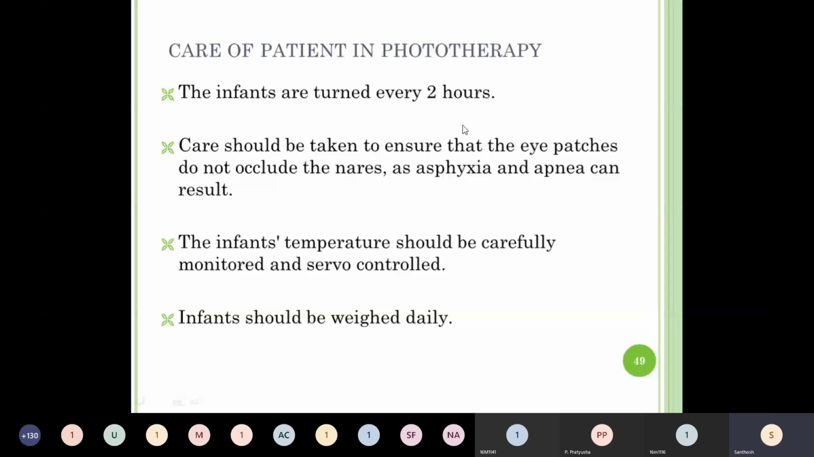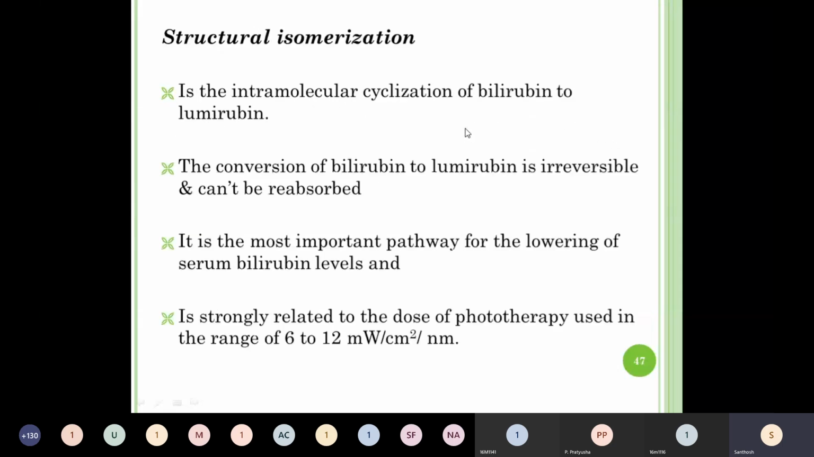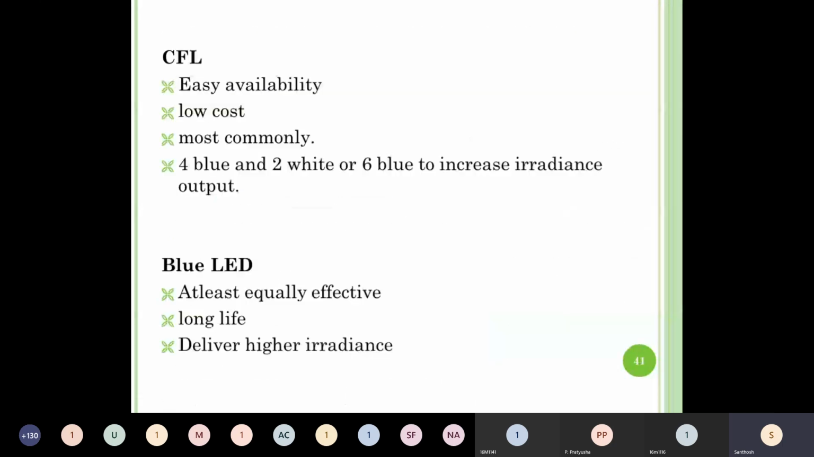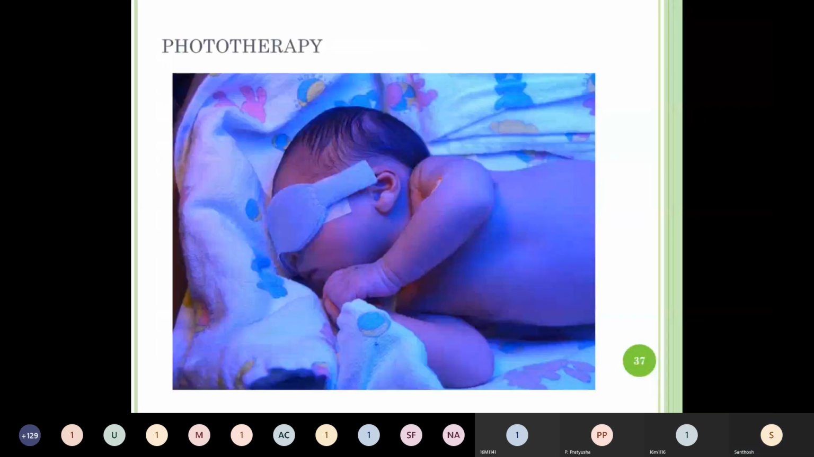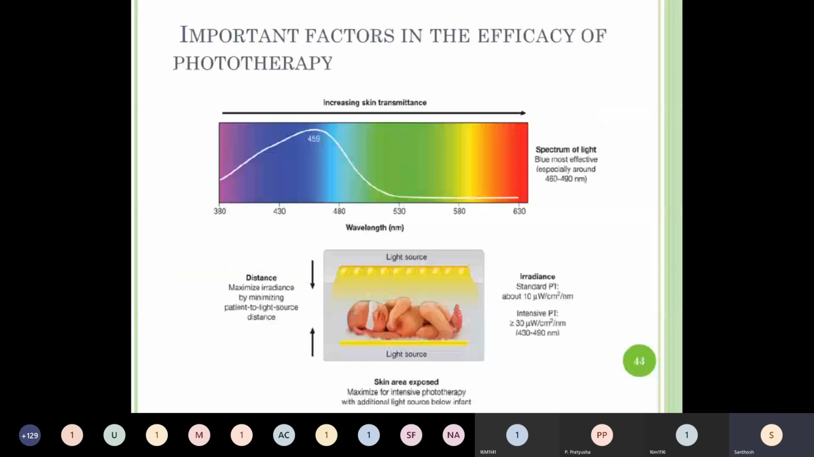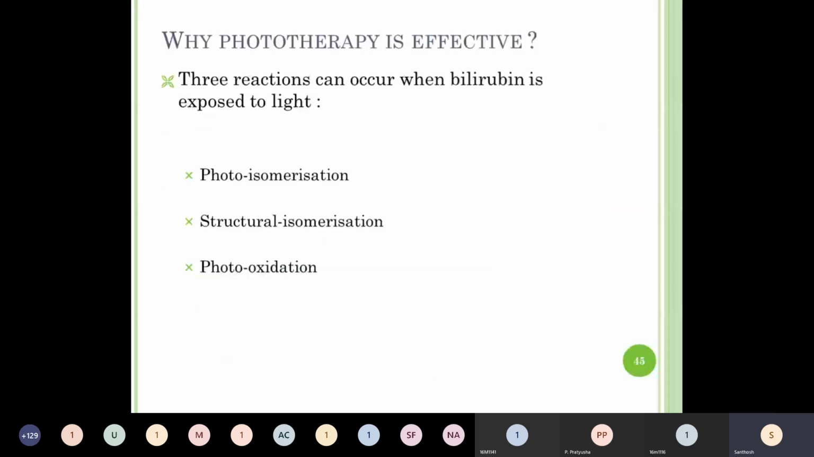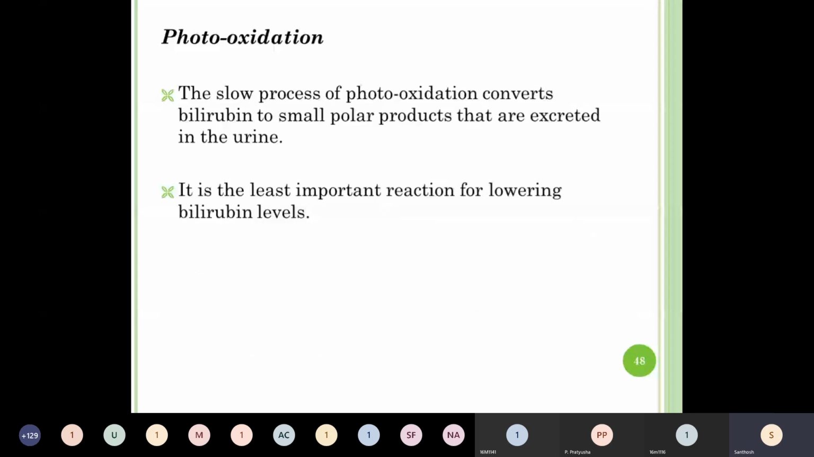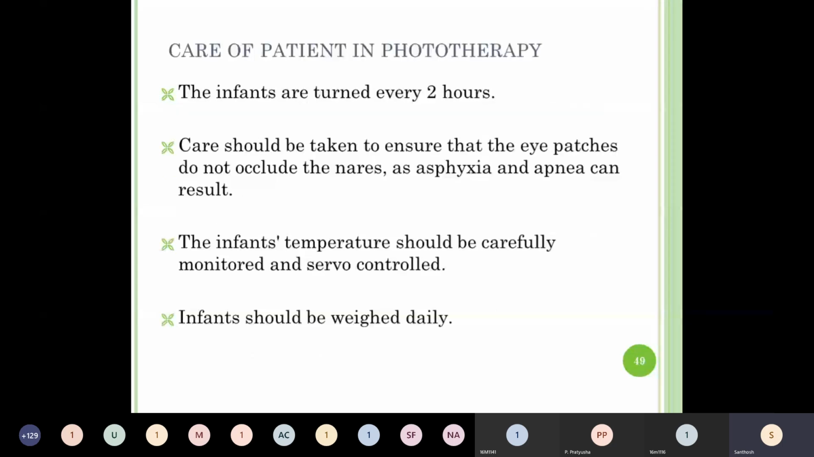The second thing is you should put an eye patch on the baby, as shown in the first figure. Why do you put it? Because this ultraviolet light is going to harm the retina. Therefore, the baby's eyes should be covered. Even if it is a male baby, the genitalia should be covered because it may cause germ cell mutations. And you should take care not to occlude the nares, otherwise the babies can